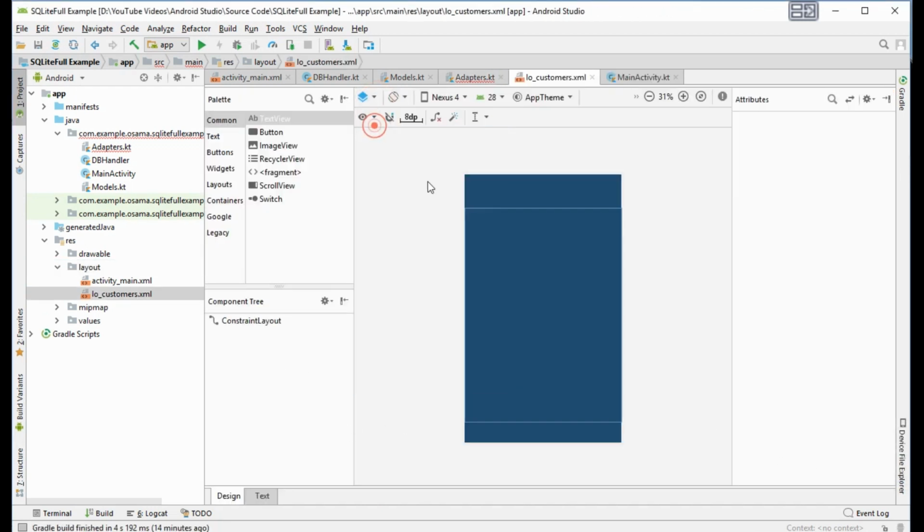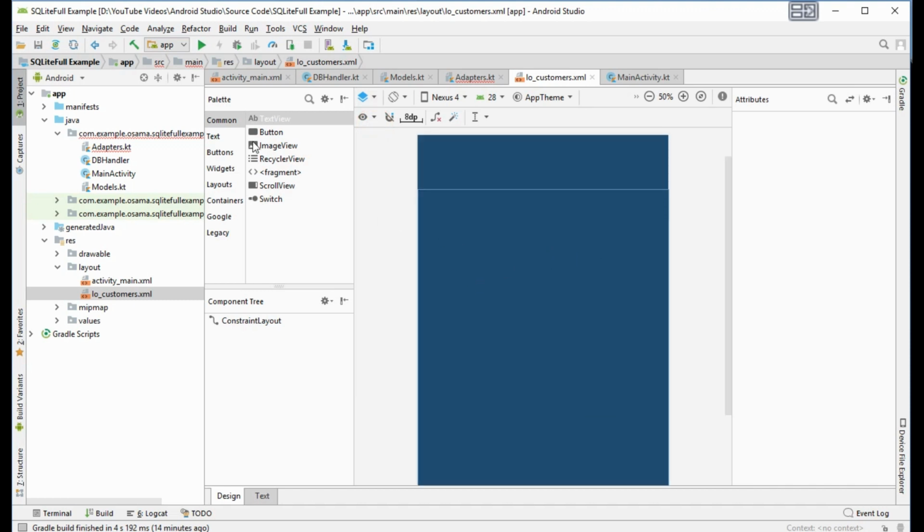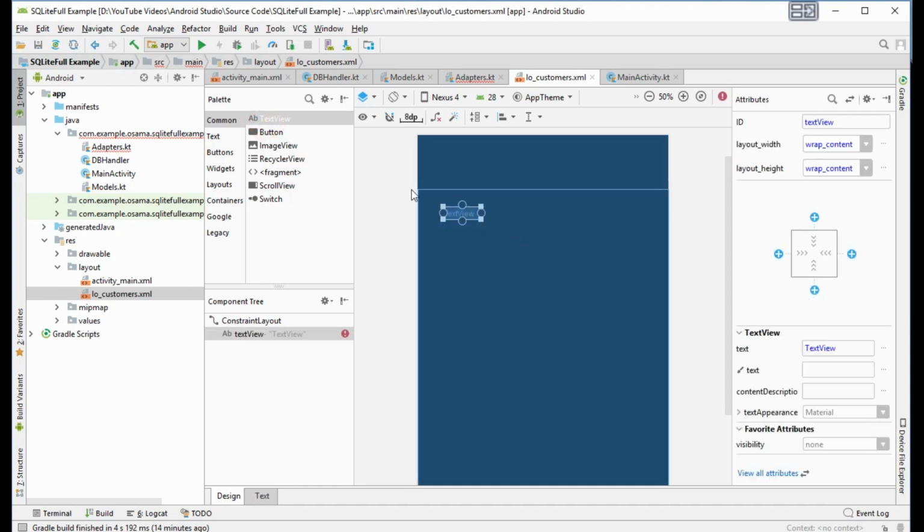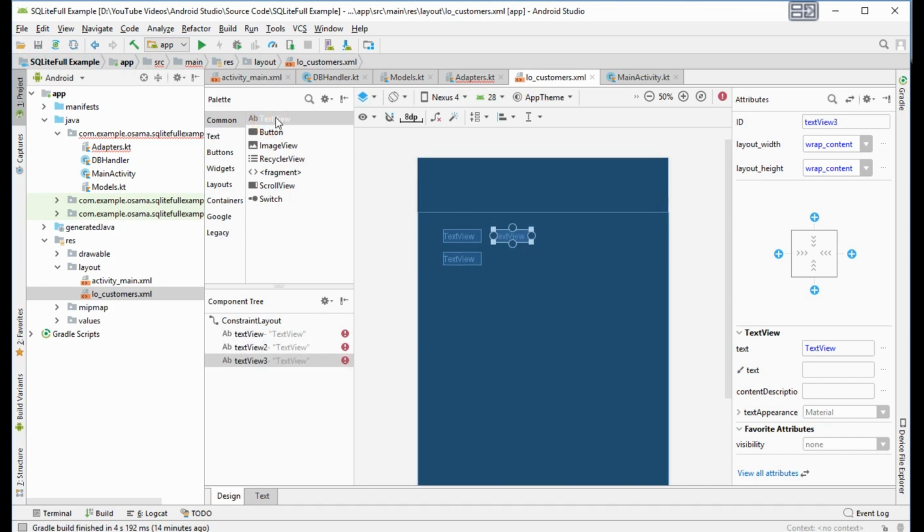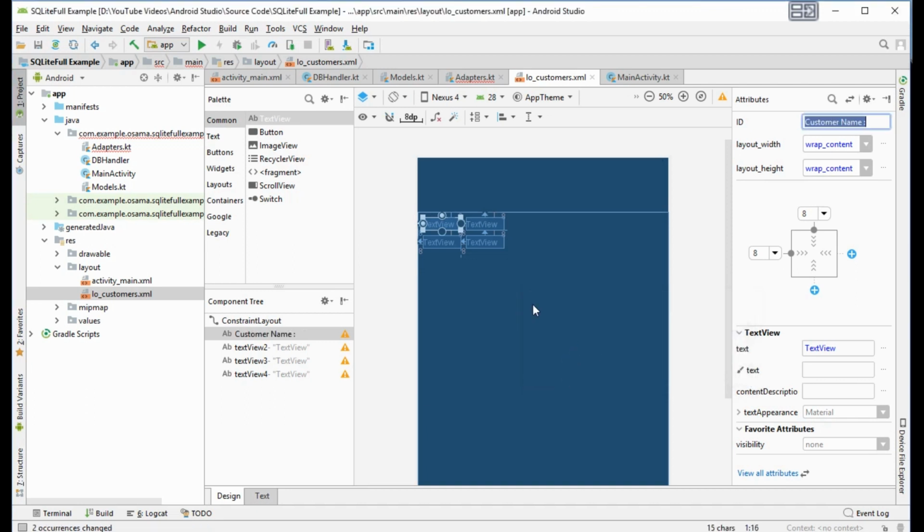Okay. Here we want to add first text view, another text view, text view, like this, and like this, and like this. Here will be the customer name. Sorry.